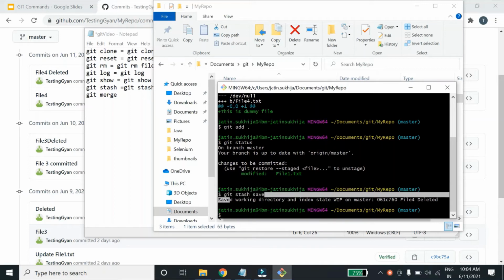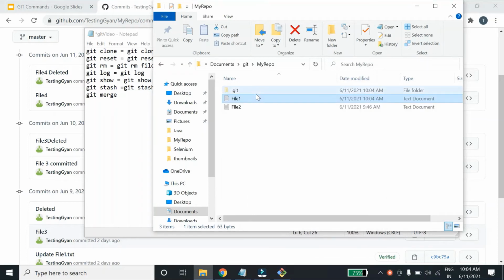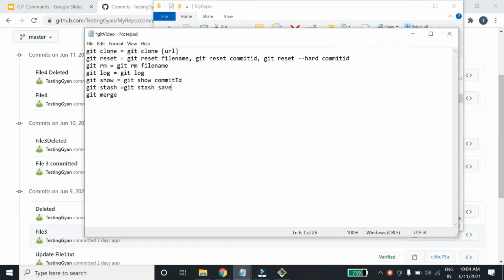It has preserved this change. So if I want to bring that change back to my file, then I can use git stash pop. This command restores the most recently stashed change.